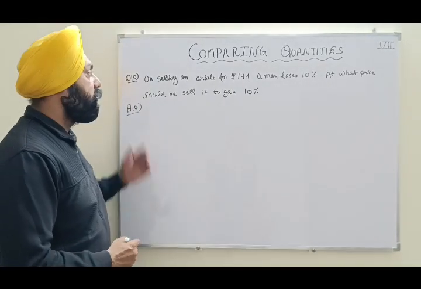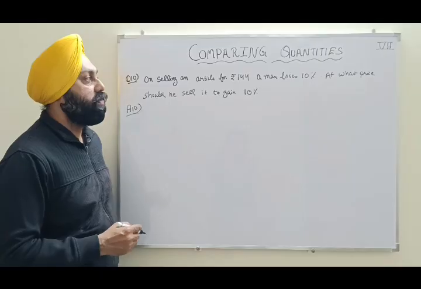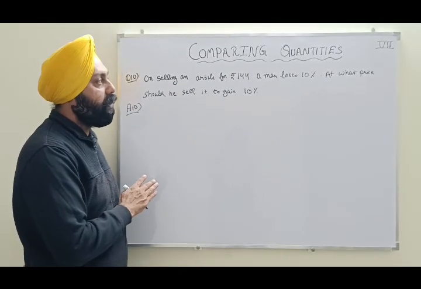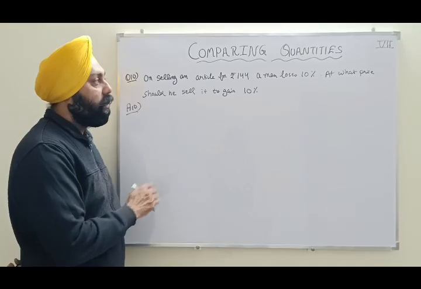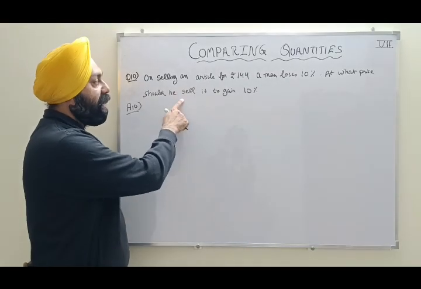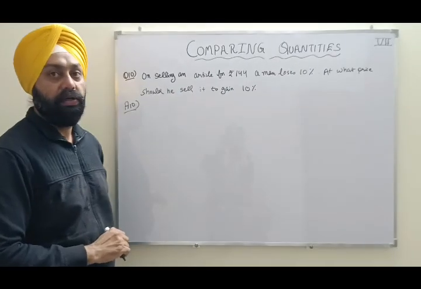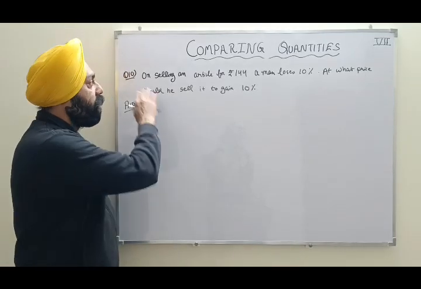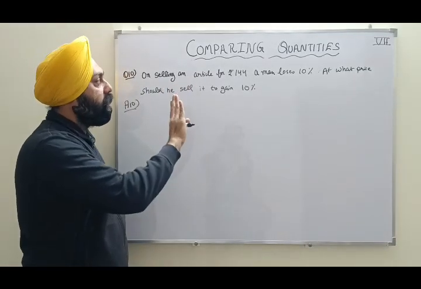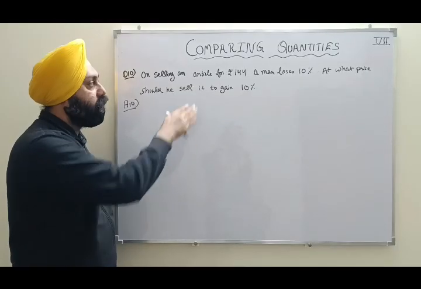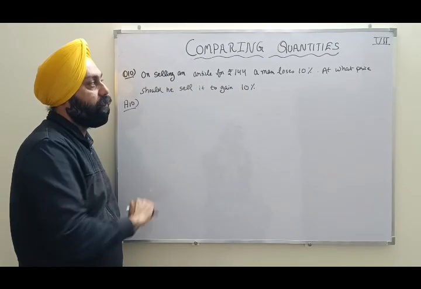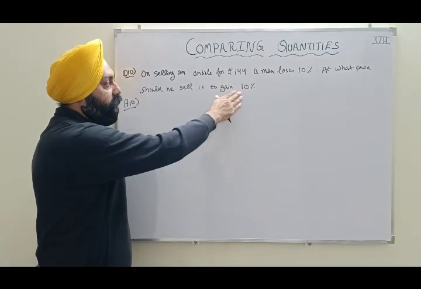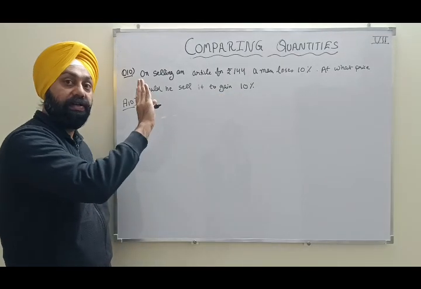So this is another interesting and important question. On selling an article for rupees 144, a man loses 10%. At what price should he sell it to gain 10%? Now we have two parts in this question. First part is saying that an article might be purchased for something and it is sold for 144 and the loss is 10%. So if that person again wants to make a profit of 10%, what should be its selling